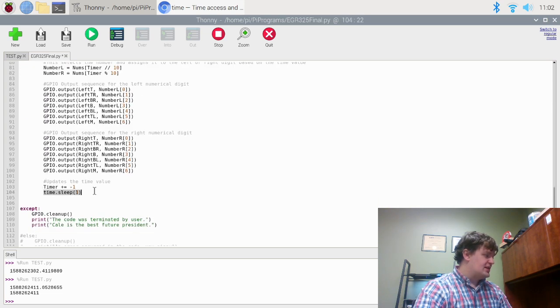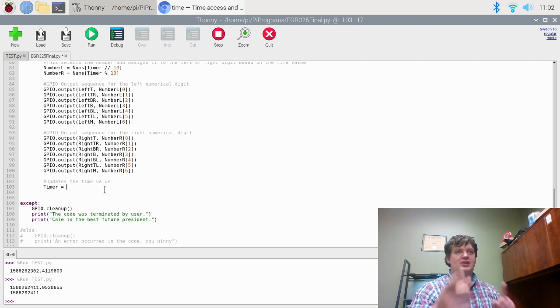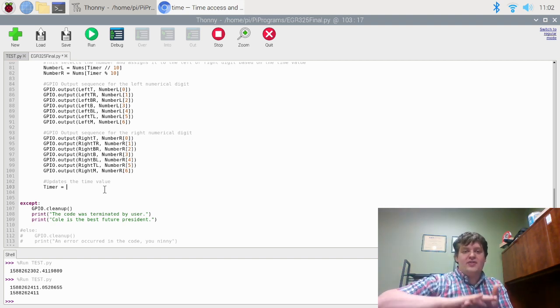I'm going to want timer to not just change by 1. Timer is going to be equal to, now here's where we got to be a little bit weird. I want it to count down from 90. If I wanted to count up from 0 to whatever value it is,